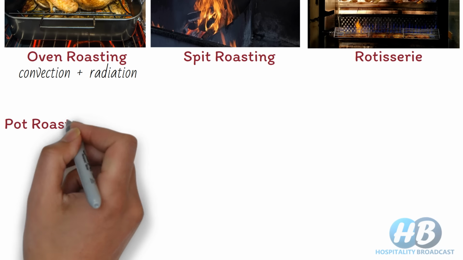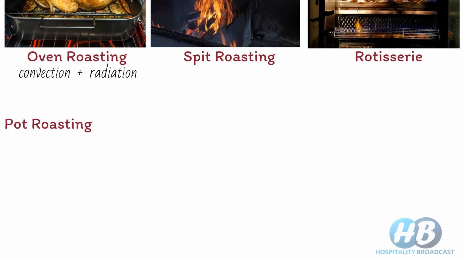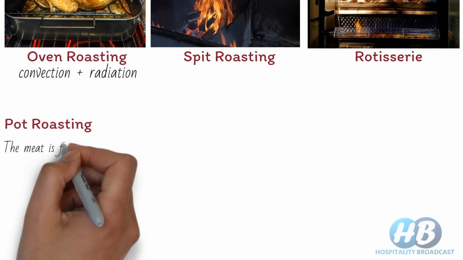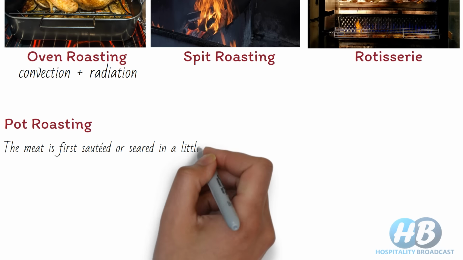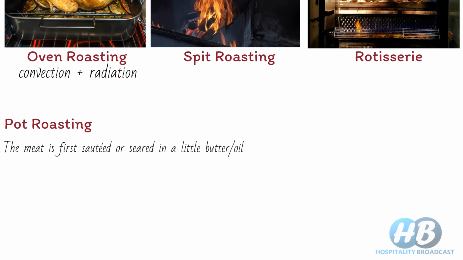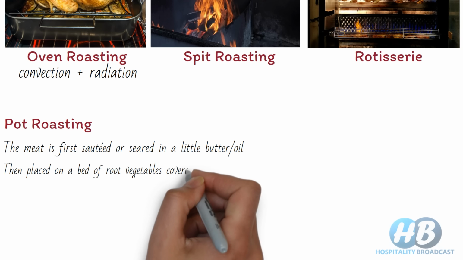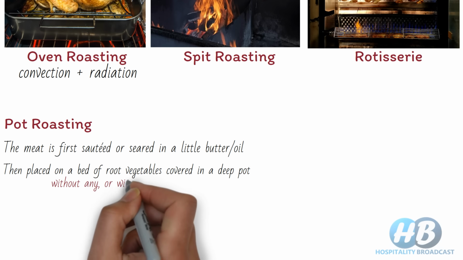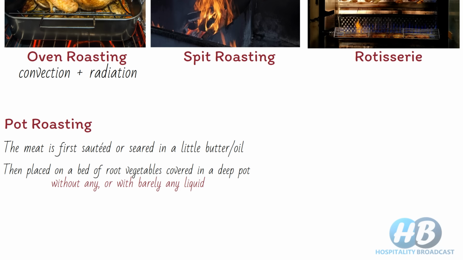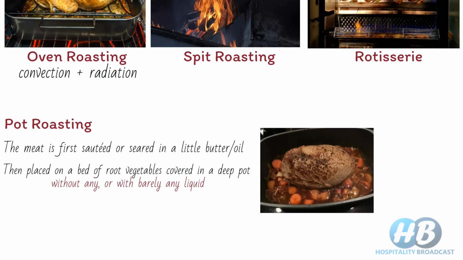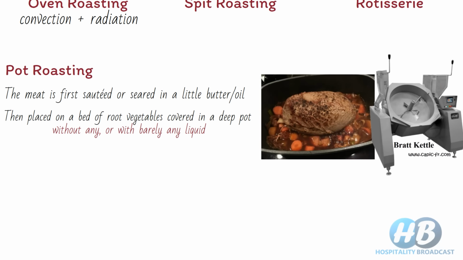Next, we have pot roasting, which is more suitable for large joints or cuts, especially of beef. The meat is first sautéed or seared in a little butter or oil till it gets golden brown color, then placed on a bed of root vegetables covered in a deep pot without any or with barely any liquid. The pot is tightly covered and the meat is cooked gently. Note: pot roasting may be done in a pot or pressure cooker or in a bread kettle and may be